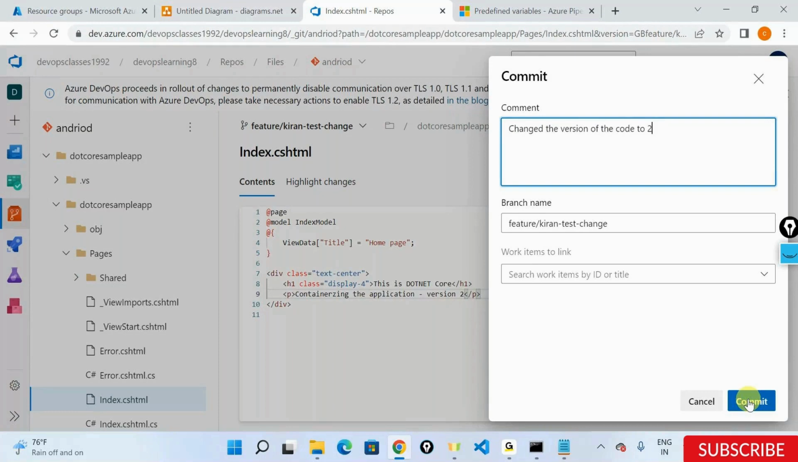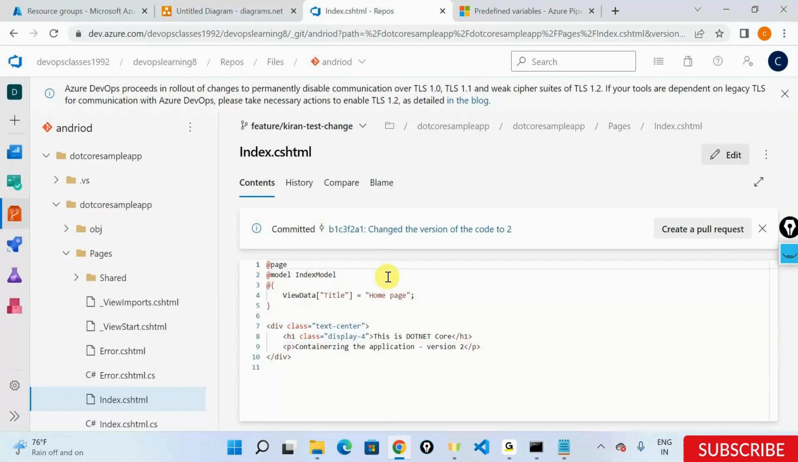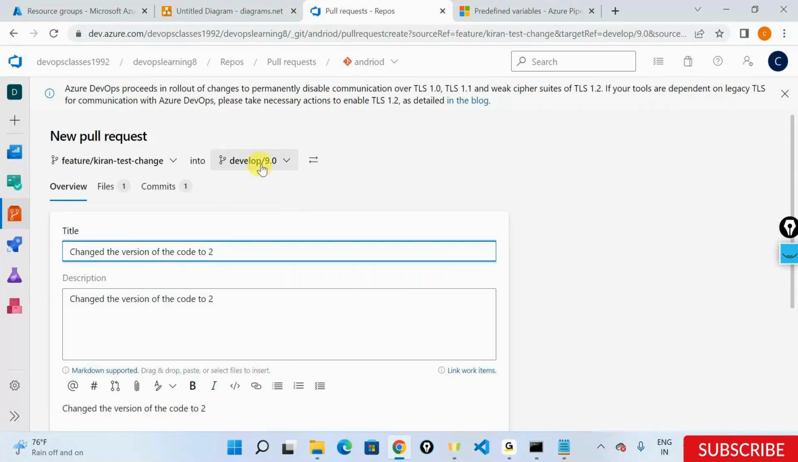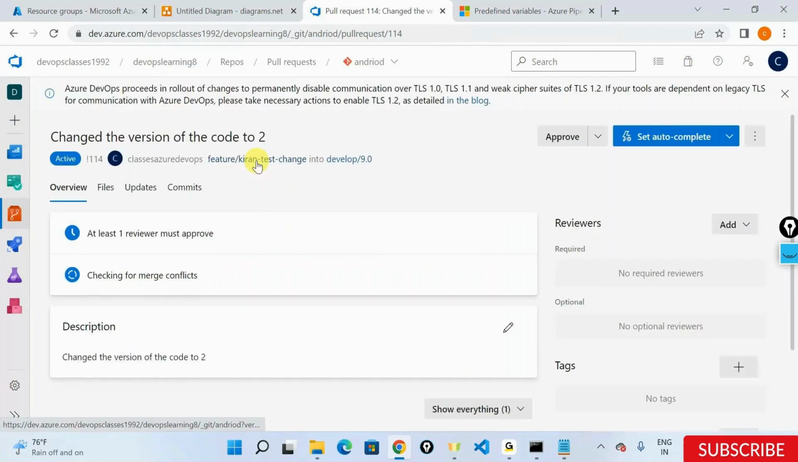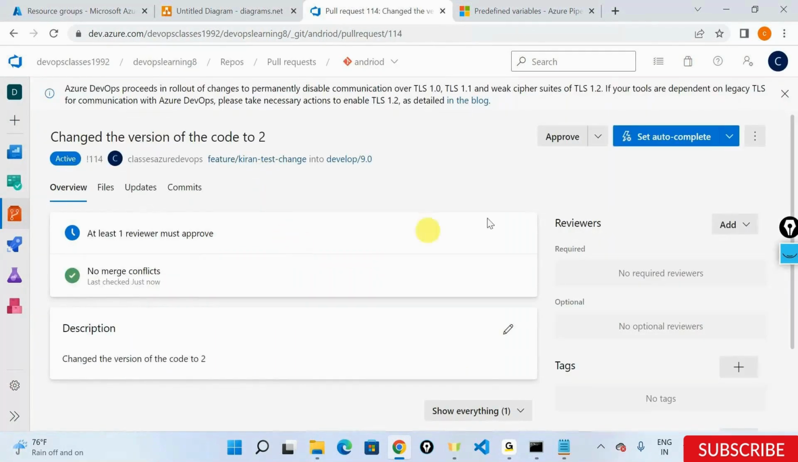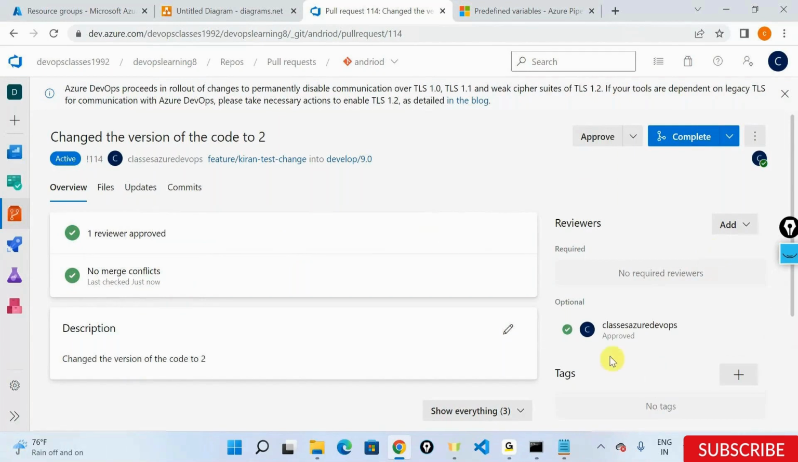And after commenting, what should I do? Pull request and delete the branch. So I'll say create a pull request into what? Develop branch. I'll say create this out. And one reviewer must approve this. So I'll say approve. Again, yeah, this is done, approved. The setting of one reviewer is approved. I'll complete it. And as and when I complete,